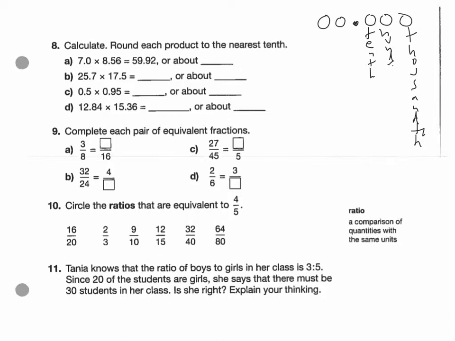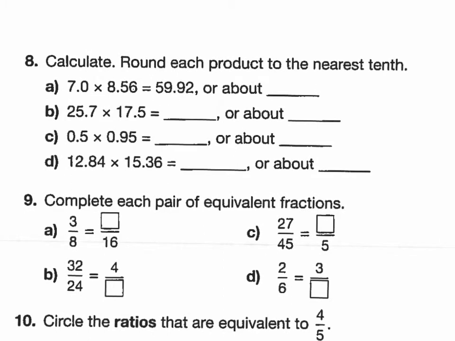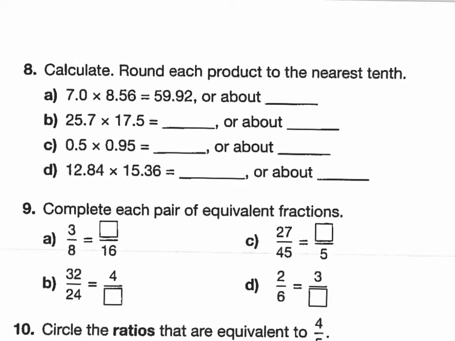Okay, the tenth is here. So you would go, this becomes 59.9 because the 2 does not affect it. Okay, so 25.7 times 17.5, you pull out your calculator for that one, and you get